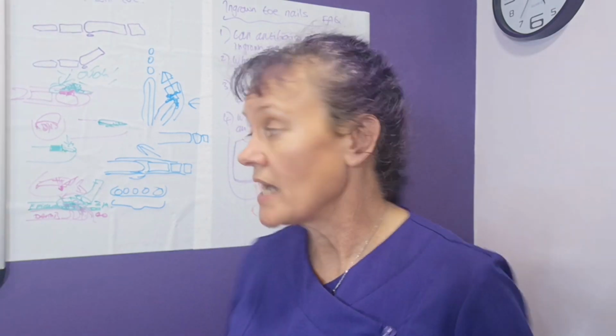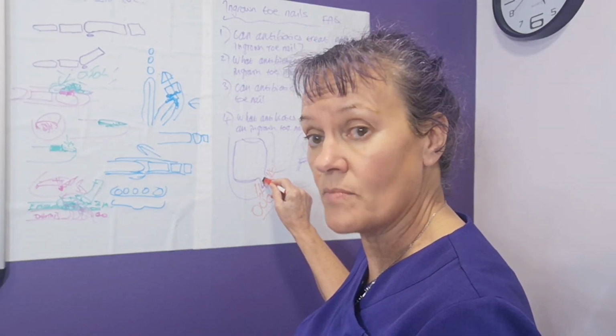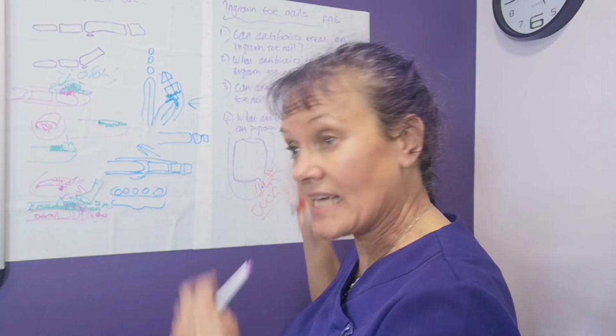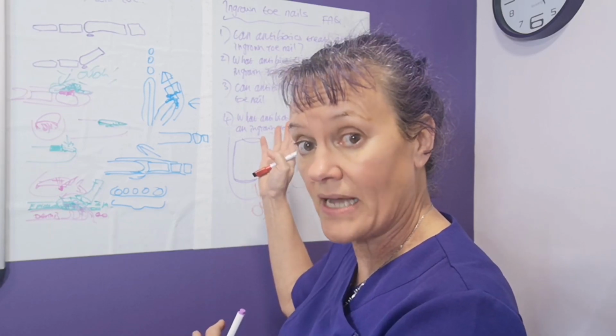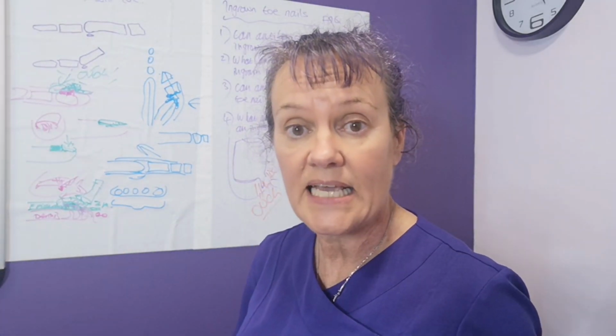An ingrown toenail is caused by a splinter of nail penetrating the skin, acting as a foreign body. That's what's setting the infection up in the first place, because that entry point into the skin where the skin has been pierced by the nail is what's allowing the bacteria in and that infection to get set up. That foreign body, that splinter, has to come out